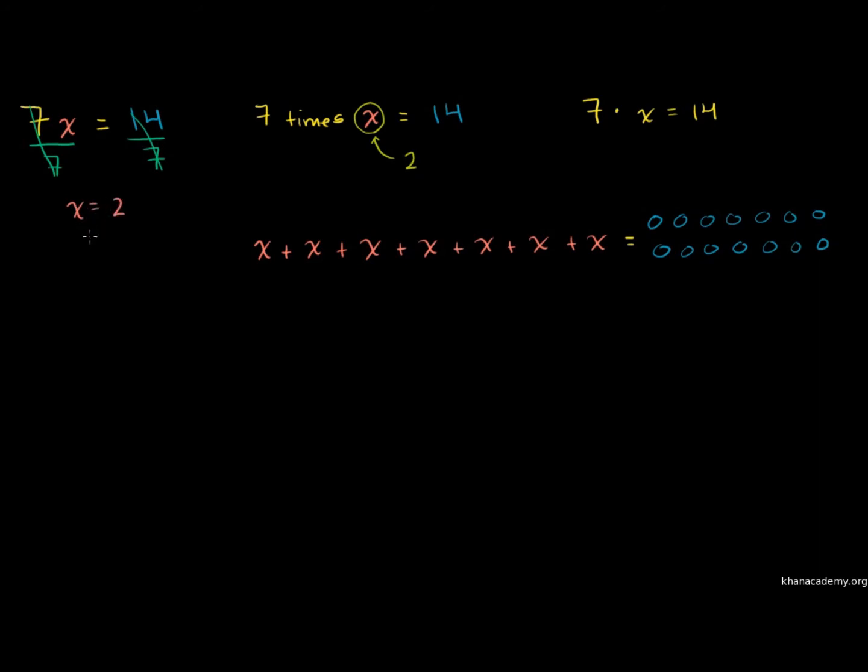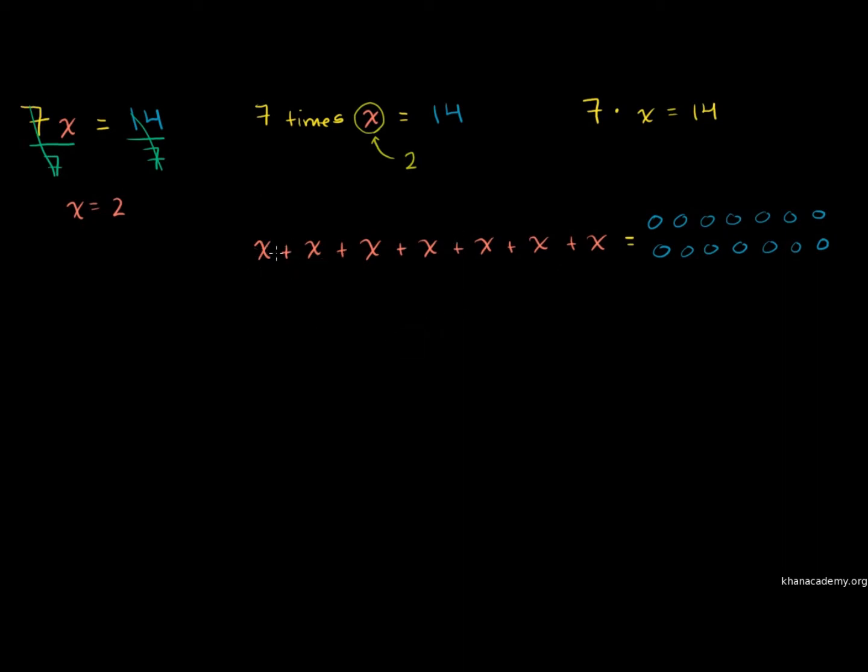But just to make it very tangible in your head, what's going on here is that we're literally dividing both sides of the equation by 7. This is an equation. It's saying that this is equal to that. Anything I do to the left-hand side, I have to do to the right. If they start off being equal, I can't just do an operation to one side and have it still be equal. They were the same thing. So if I divide the left-hand side by 7, so let me divide it into 7